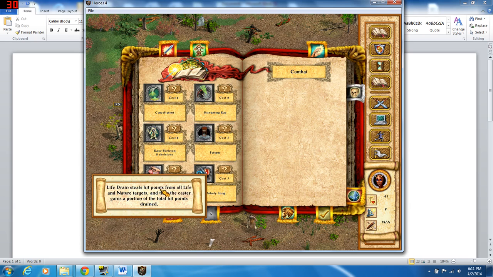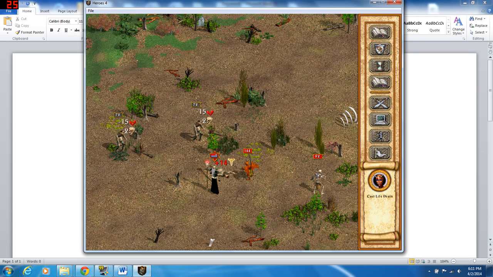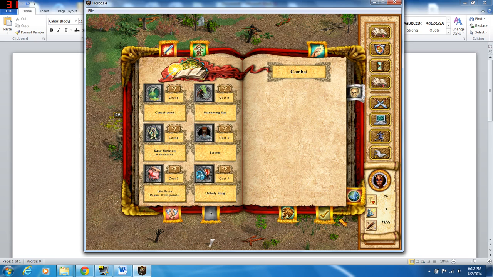Drain, it drains life from nature and life targets. Let's try to drain some more life. Also, we are going to, let's try to kite them again. Actually, that might be a little close. Let's try it. Okay, actually, they didn't take the bait. We're going to maneuver ourselves to a better position. Okay, now they're splitting up a bit. So here, okay,